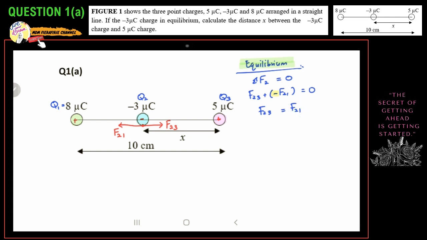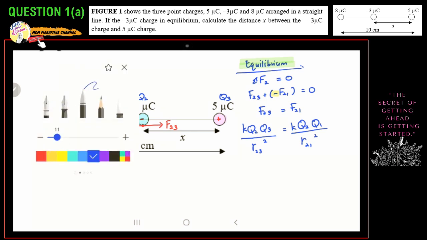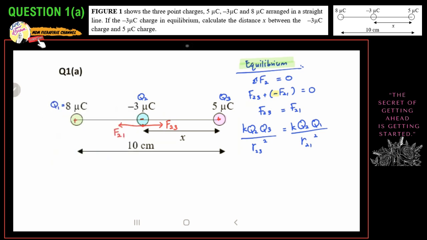Okay, so it's equal to KQ2Q3 over the distance between 2 and 3 squared, and it's equal to KQ2Q1 over R21 squared. Okay, so you can look at here, we can cancel the value of K and also